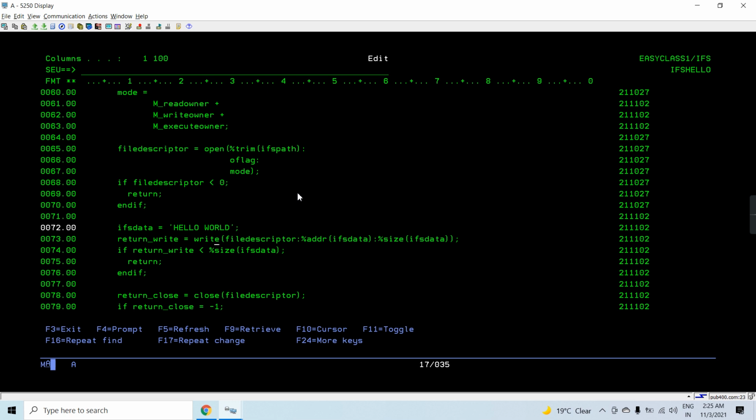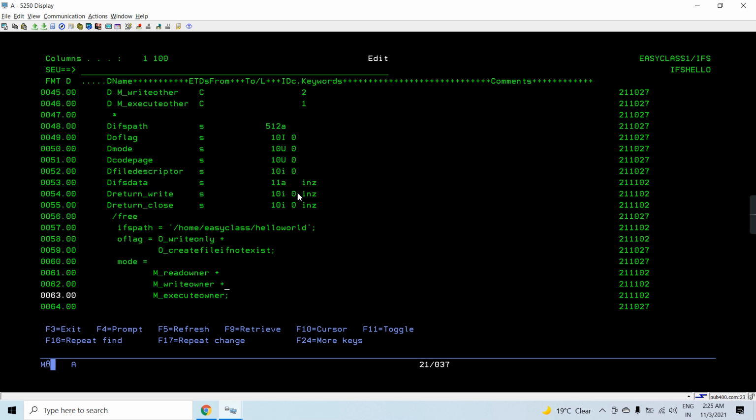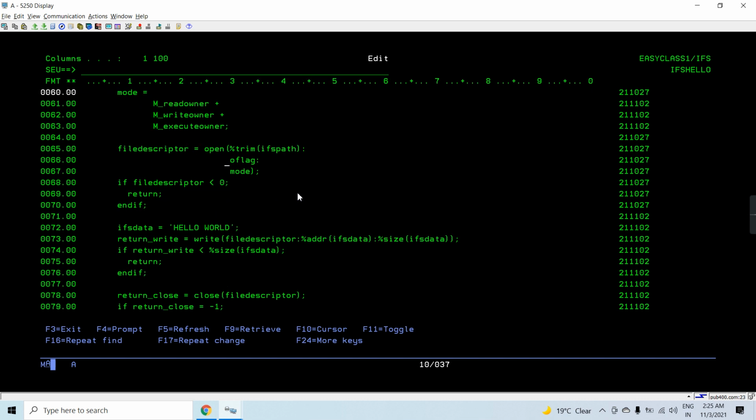So we will call the write API, pass the file descriptor which is returned from the open API, and pass the address of the variable IFS data, which is going to be written on the IFS file, and the size of the data which we want to write. So I'm going to write this much data, which is 11 characters, as you can see.